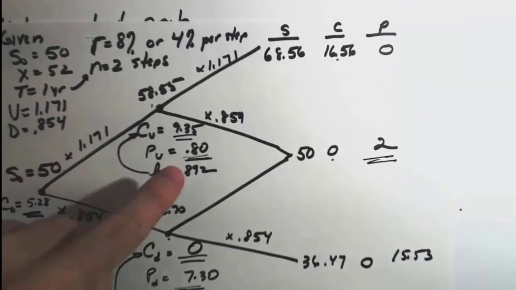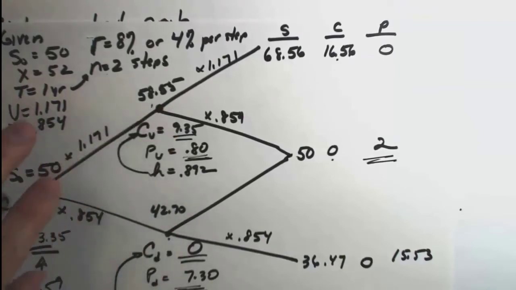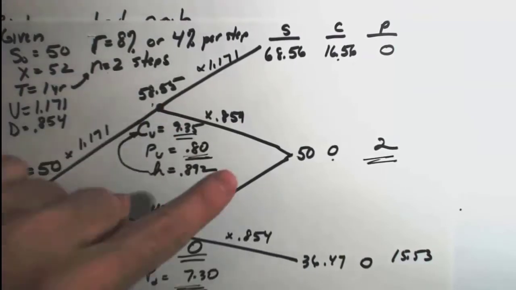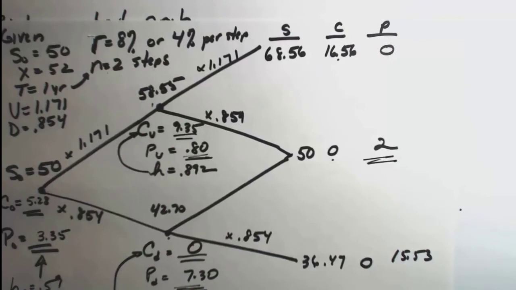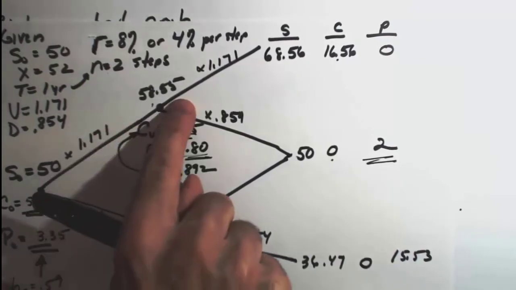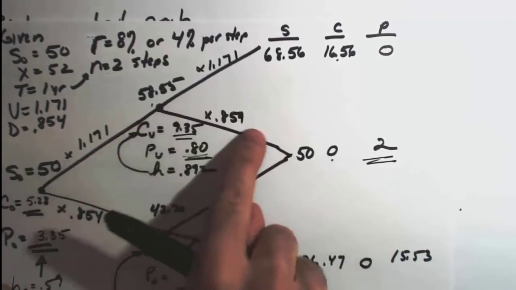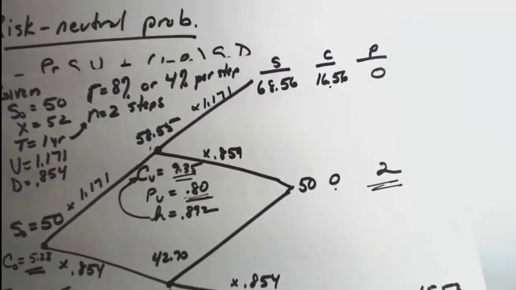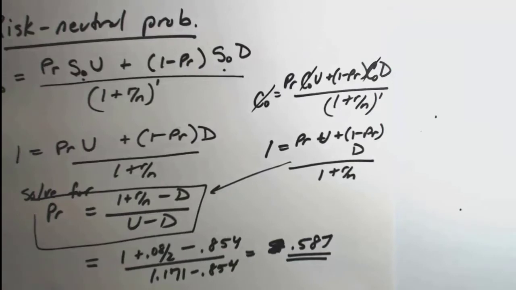So remember, when you go across the tree, the H's change. There's a different H, and it changes. What we're doing is dynamic hedging. It's called dynamic because we're going through time and changing the hedge ratio based on conditions. Those hedge ratio changes with a call, and it changes with a put. But the probabilities of going up or down